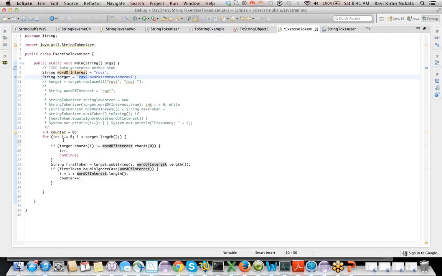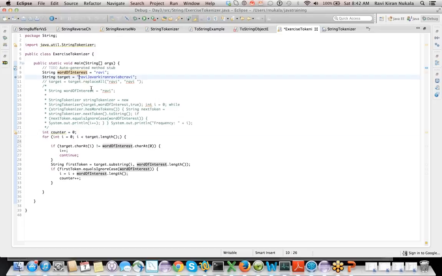Yeah, yes. So we don't need to check. I just realized we don't need to check. The reason being, if one character doesn't match, we are going to move anyway, right? Yes. Because we are moving in terms of the length of a word.